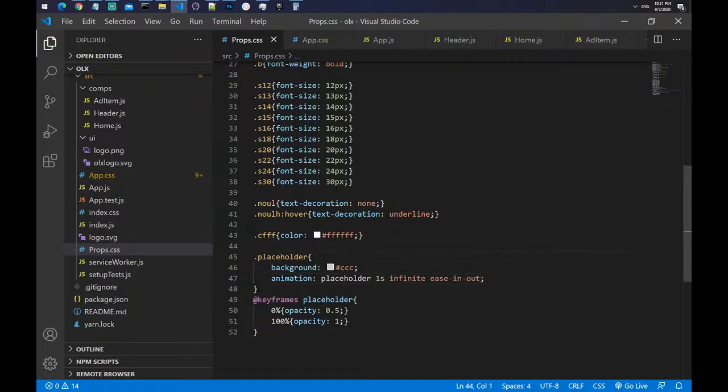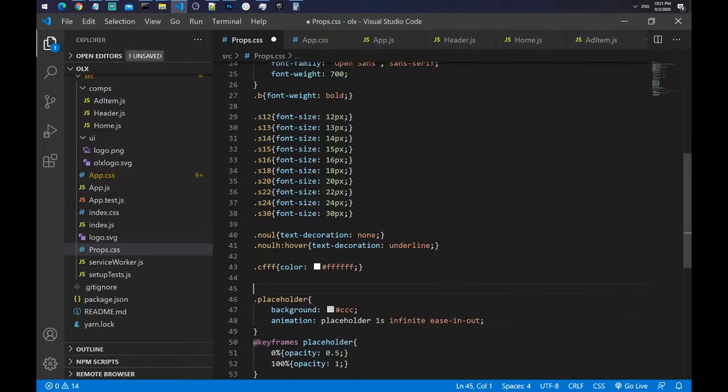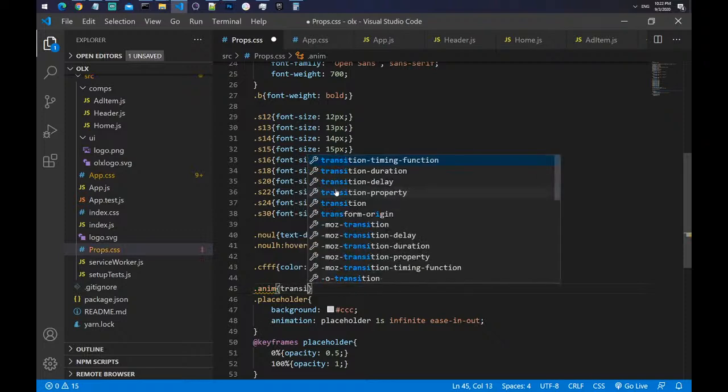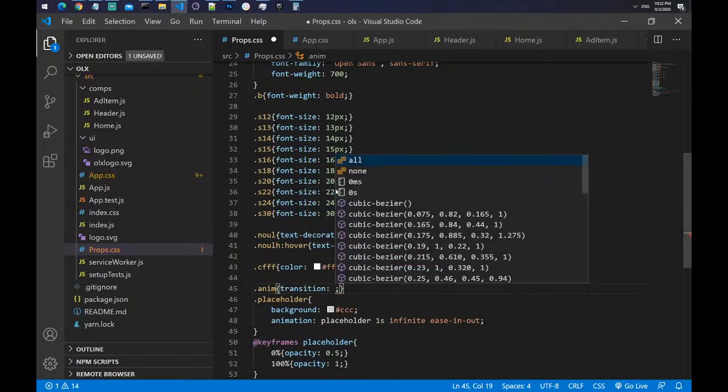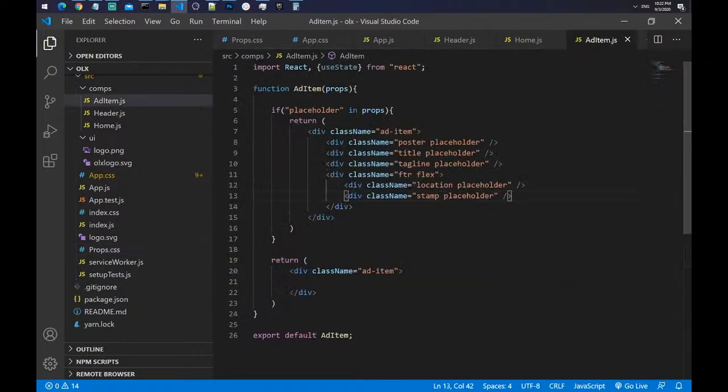Let's add, or maybe search for anim. No, it is not right here. So let's create .anim, and for the anim class I will add transition, and for transition we will use all 0.2 seconds linear, and it will have 0-second length. So let's save, and we need to go inside add item, and for poster let's use anim,